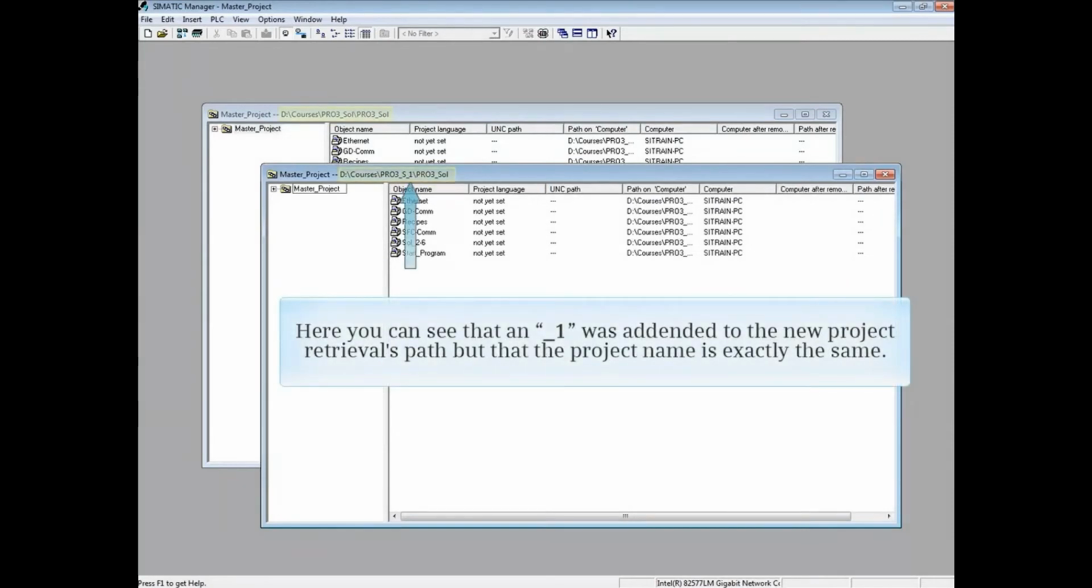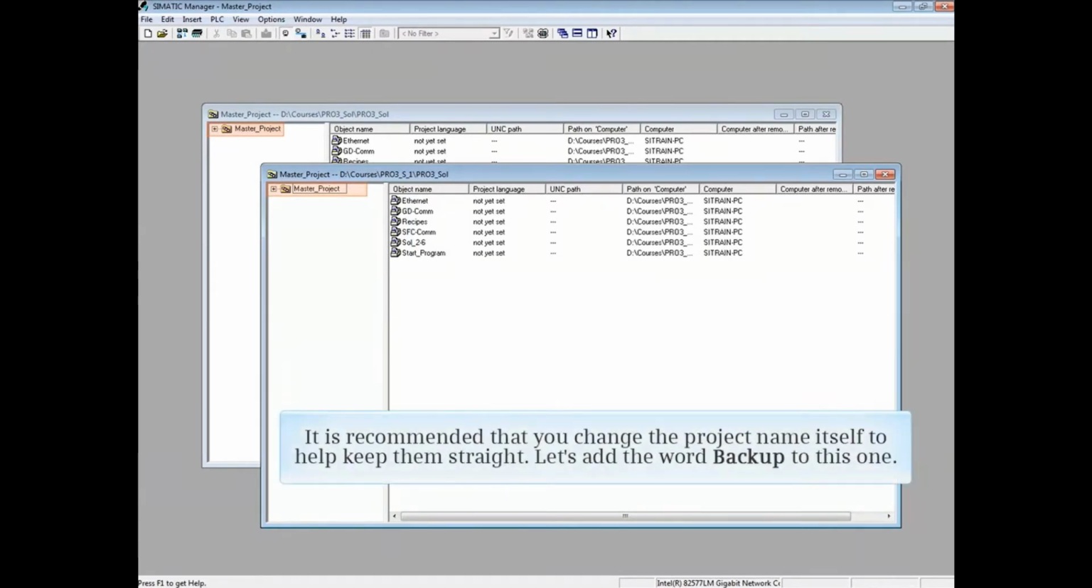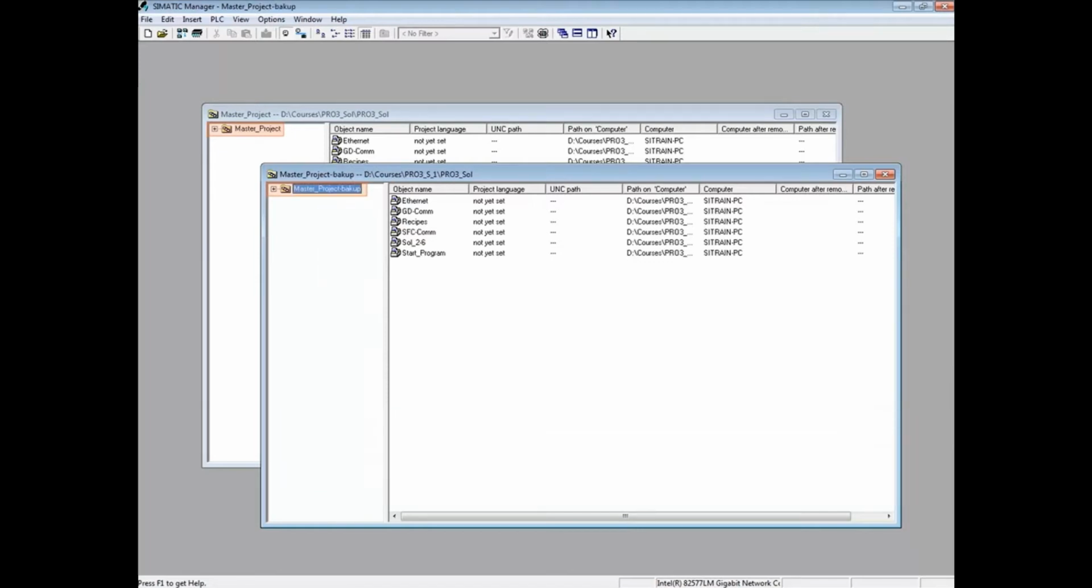Here you can see that an _1 was addended to the new project retrieval's path, but the project name is exactly the same. This could become very confusing if you retrieve a project more than once. It is recommended that you change the project name itself to help keep them straight. Let's add the word backup to this one. Now it's easier to tell the projects apart, and that concludes